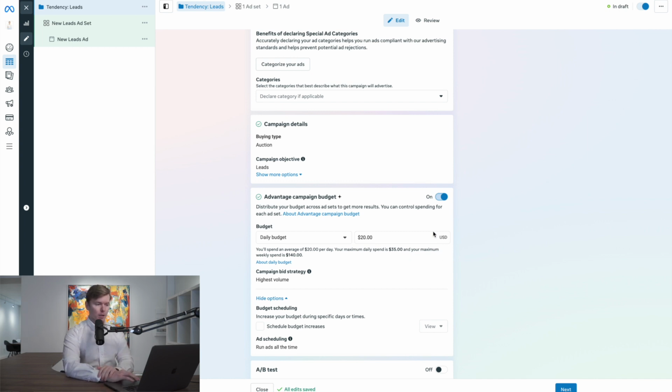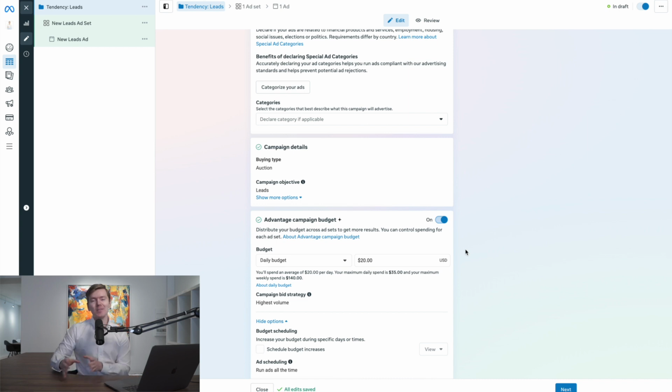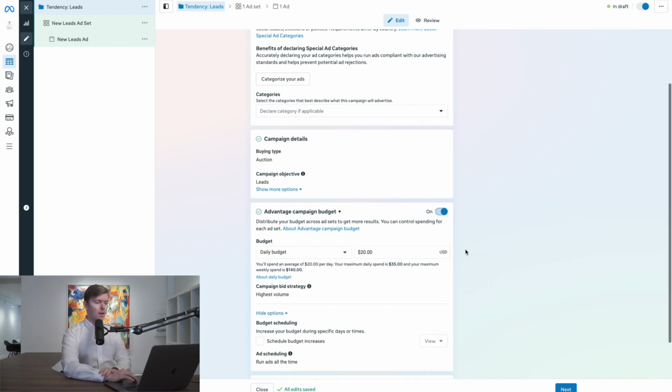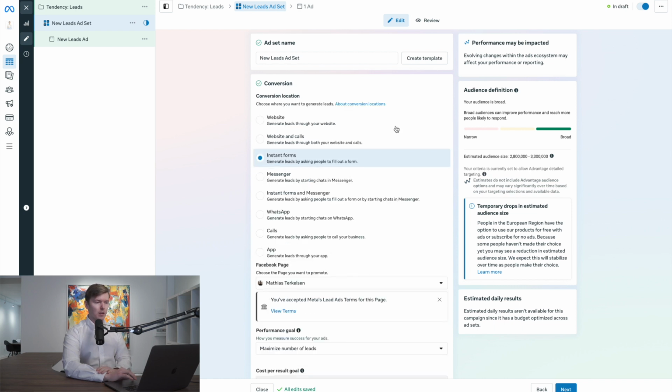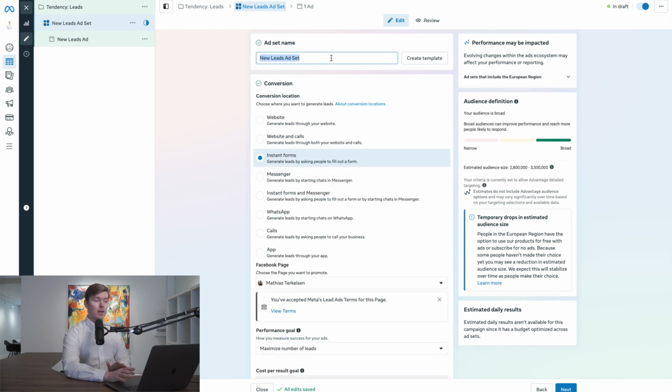So after you have selected your budget, again, I would go with $20 if you can afford it right now. Again, you're going to get clients by using this strategy. So don't see this as an expense. Understand that you are going to pay some money up front here, and as the days go by, you're going to get leads and then you can close some clients, but see it more as an investment into your business. So with that being said, let's press continue because that was everything we needed to set up on the campaign level. Now here we can name the audience. I'm just going to call it test audience.